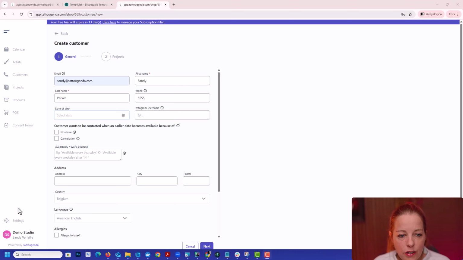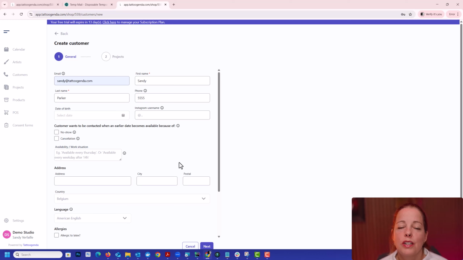And then this is a very interesting part. The whole part about customer wants to be contacted when an earlier date becomes available is also something you don't have to ask and fill out. You don't have to do any work for this, but Tattugenda will take care of it. How?